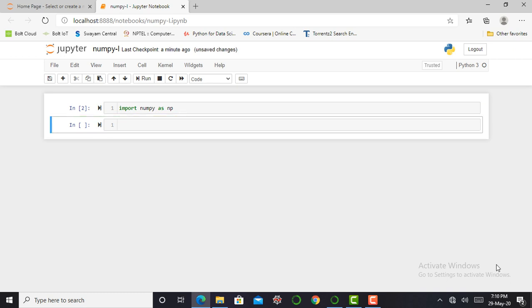As I told earlier, NumPy is used for performing complex operations such as logical operation, Fourier transformation or linear algebra. So in the first step, we have to create an array using NumPy. a is equal to np.array, in which a square bracket, and I mention my array.